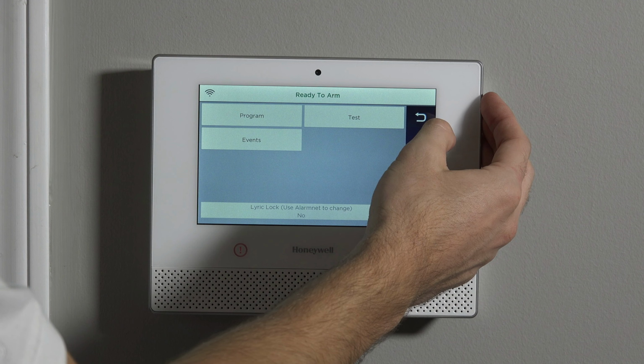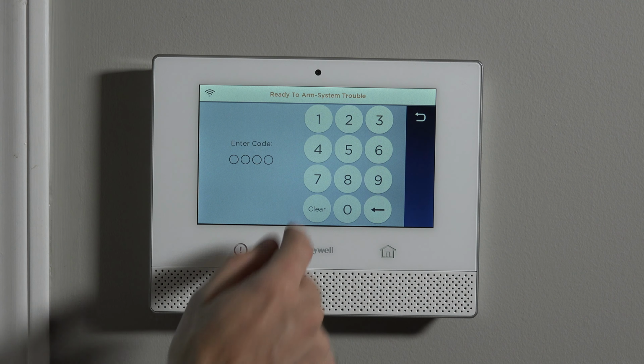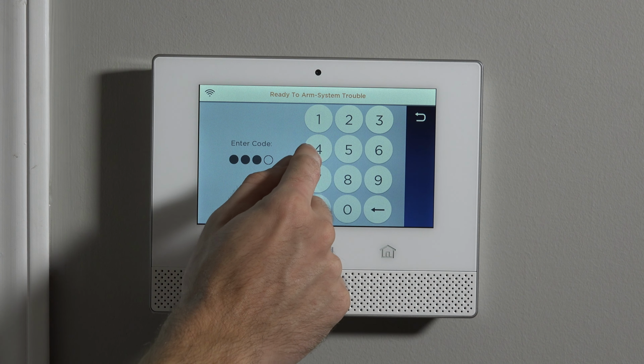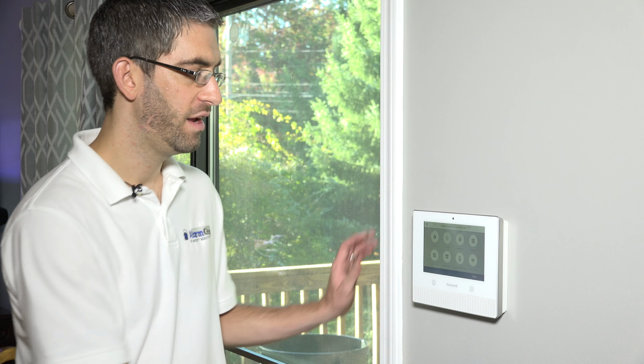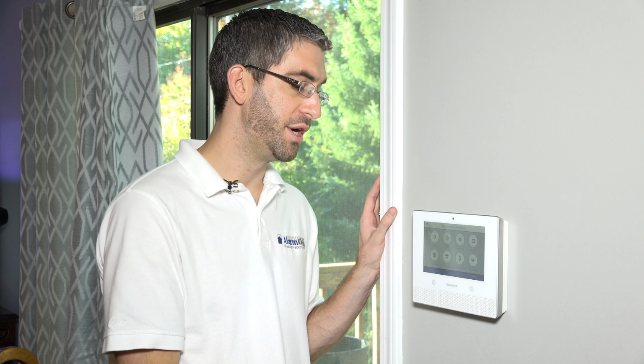And now, if we hit the back arrow and do Tools and type 1234, which is the default master, we are now into the master level programming screen. So again, if you have your installer code and you're able to get into programming, but you're not able to get to this screen because you don't know what your master code is, that is the process to reset the master code back to default 1234, and now you have full access to go in and